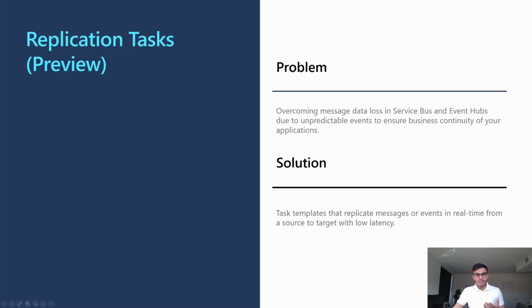To ensure that your messaging data is not lost in case of outages or unpredictable events in this world today, which can affect the namespace, we came up with 8 replication scenarios across Event Hubs and Service Bus. Let's take a quick look at what these templates are and jump straight into what this would look like in